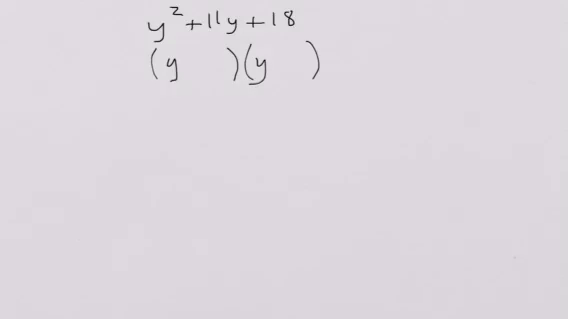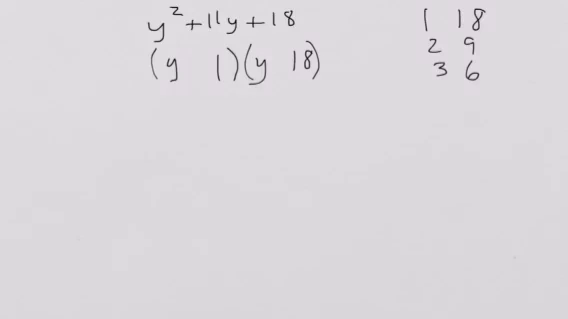The last two terms in the parentheses have to multiply to give the last term, which is 18. So we'll list our factors of 18. So we could have 1 and 18, 2 and 9, 3 and 6. So let's just go through our list and try different combinations until we get one that works. So if we try 1 and 18,